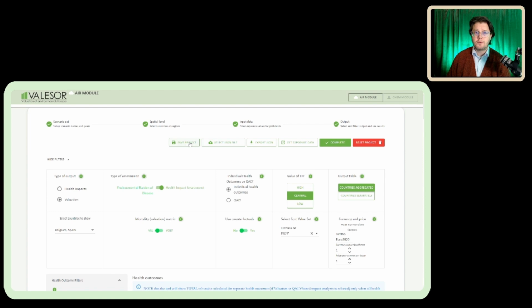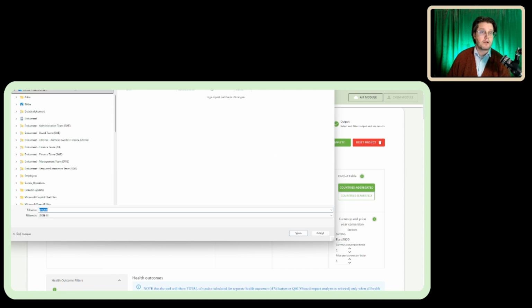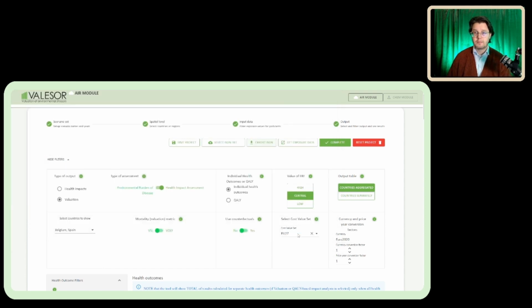So we will now choose to save the project, and the project is saved manually, and then we will export a JSON file. In the next video, we will look a bit about the simplicity in how to work with JSON files. So click on Export JSON, and it asks just to save project alternative, and then we save. And the next time we look at this study here with the VALESOR Air digital tool,